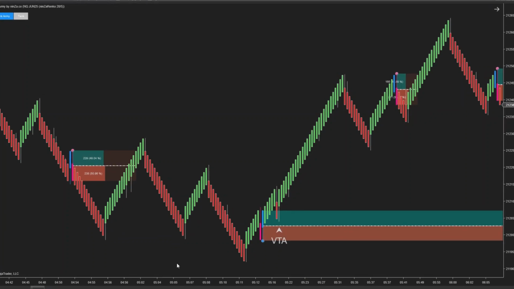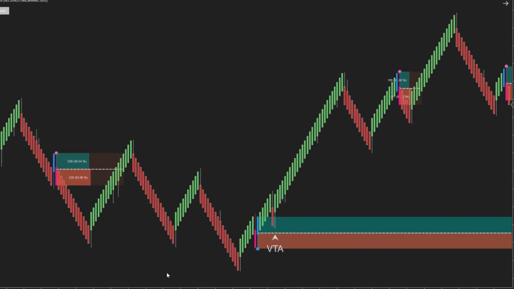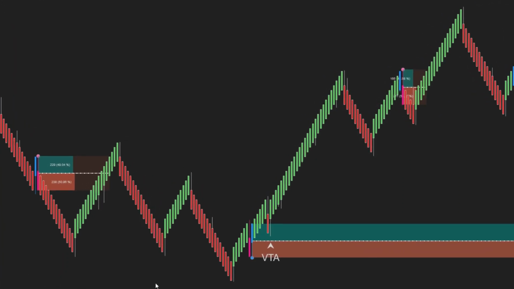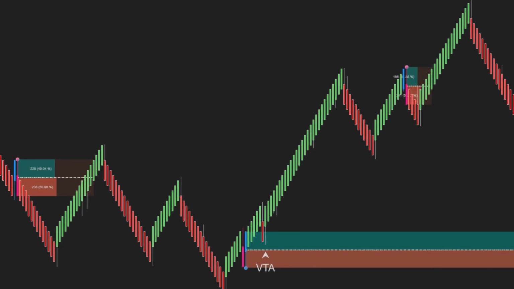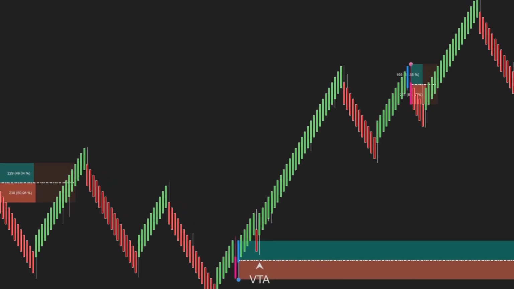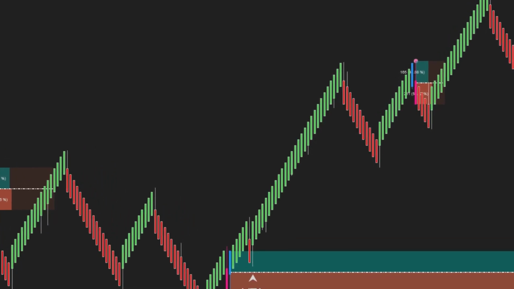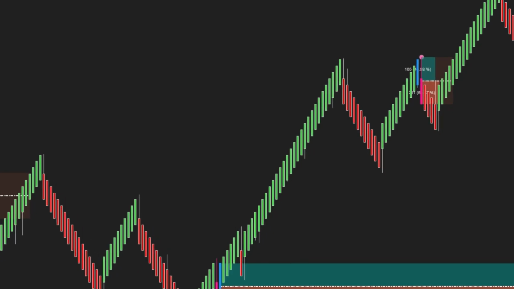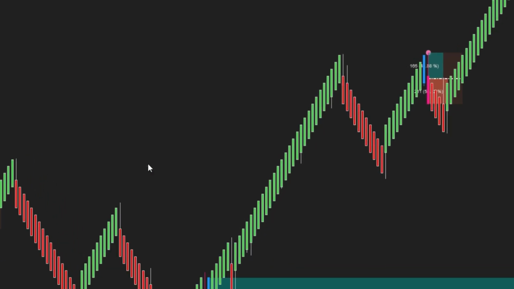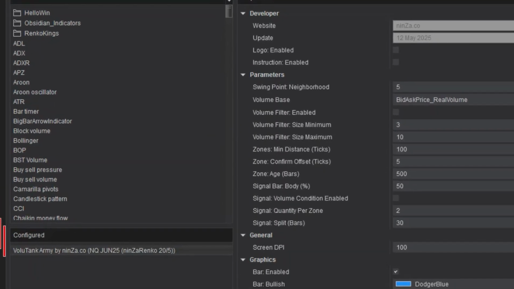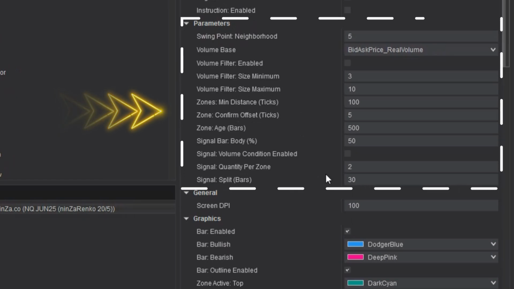Renko charts are also a popular choice among traders looking to filter out market noise and focus on pure price action. And yes, you can rest assured, VoluTank Army works smoothly on Renko charts too. Below is the recommended setting specifically for Renko, along with sample signals on the chart so you can see how